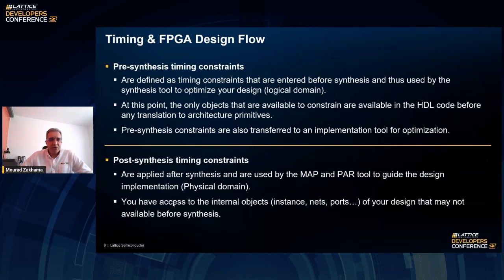So they use the logical domain, or all the components that are available before synthesis. At this point, the objects that are available to constrain are available in the HDL code, obviously before any translation or interpretation from the synthesis tool. The nice thing about pre-synthesis constraints is they can be transferred between different technologies, between different vendors, and between